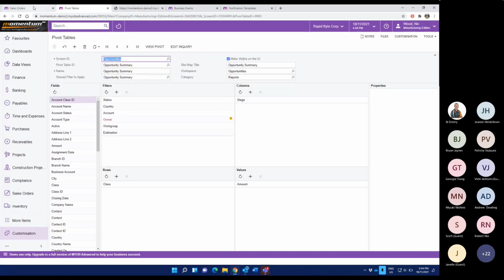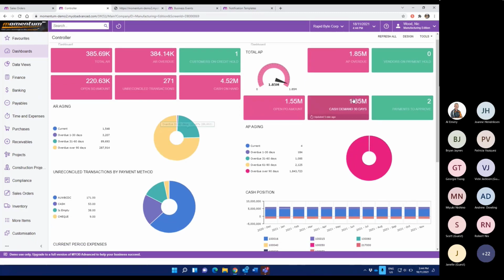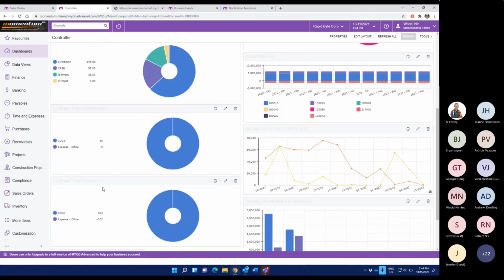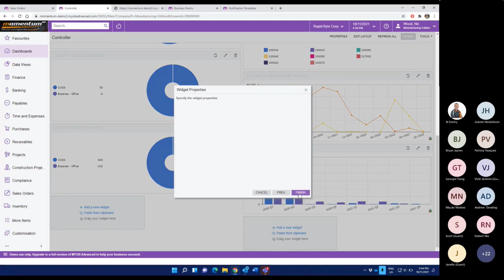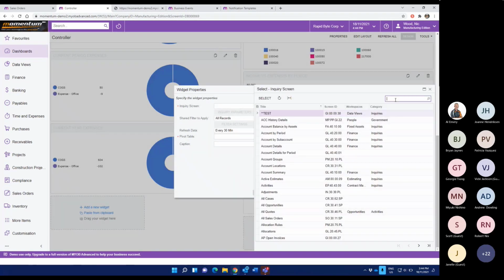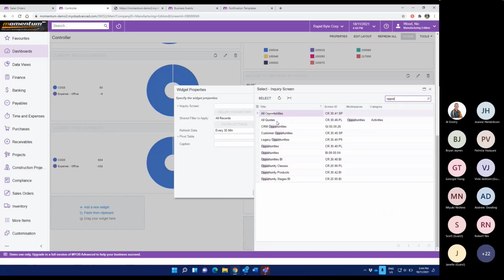So it wouldn't allow me to edit. There's the right screen there.